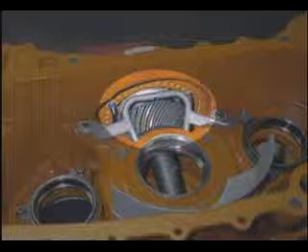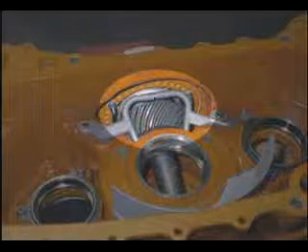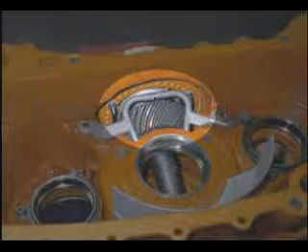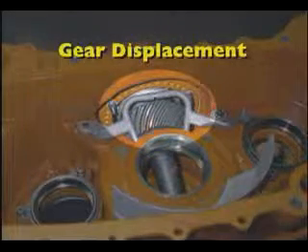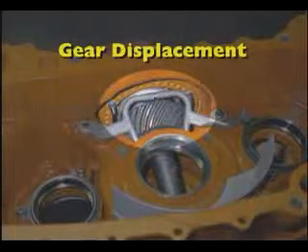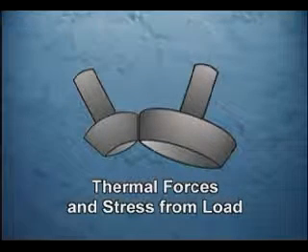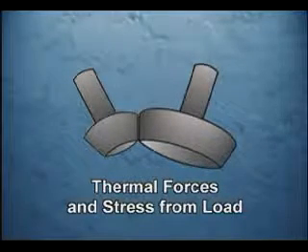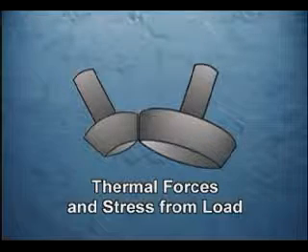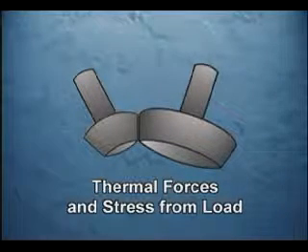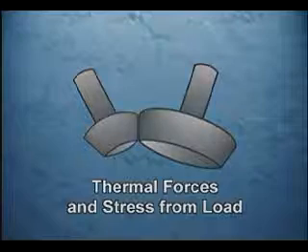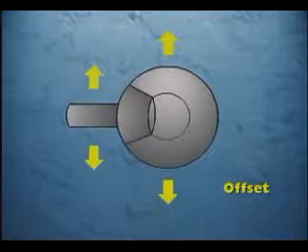There is another critical issue to consider when assessing how the contact pattern will perform in an operating gearbox. This issue is gear displacement. In the operation of many gearboxes, the gears and their shafts do not remain in a fixed orientation. Due to thermal forces and stress from being under load, the components of the gearbox will actually move from their axes. There are typically 4 different types of movement which can take place, and these movements are described as offset,